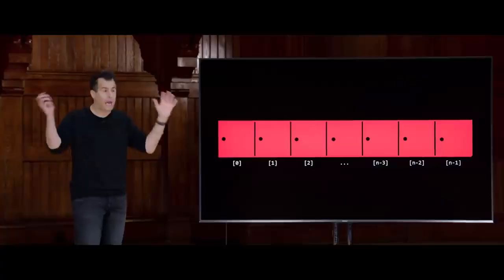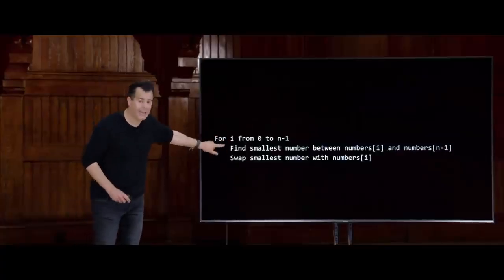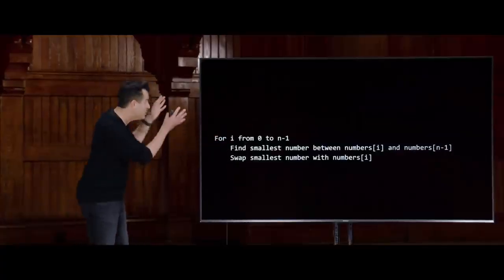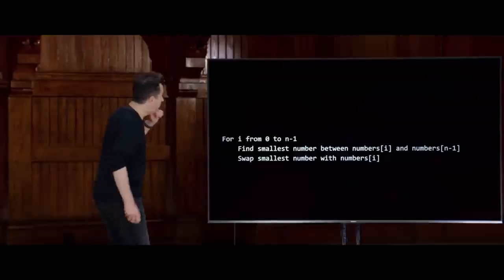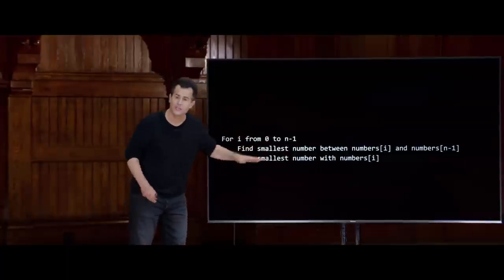Yeah, really well said. Even in the best case where the numbers just happen to start sorted, which could happen in some perverse scenario, the source code doesn't take into account that being possible. In my pseudocode here, there's no allowance for, hey, by the way, if the array is already sorted, exit or quit early. Instead, it is going to blindly do this n-1 times and then do this and then do this blindly.